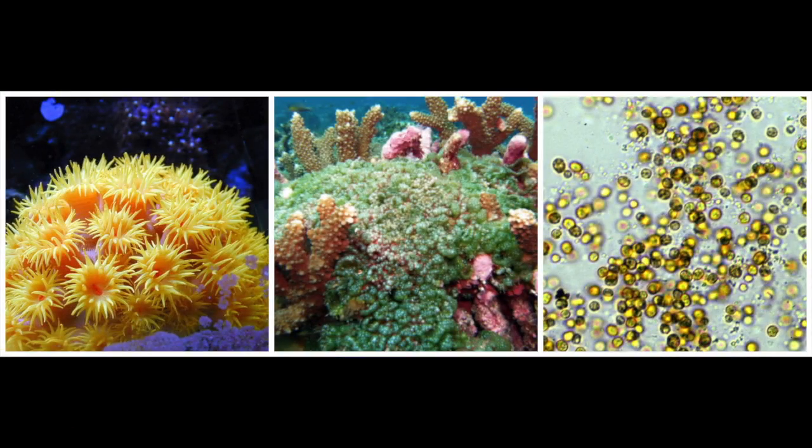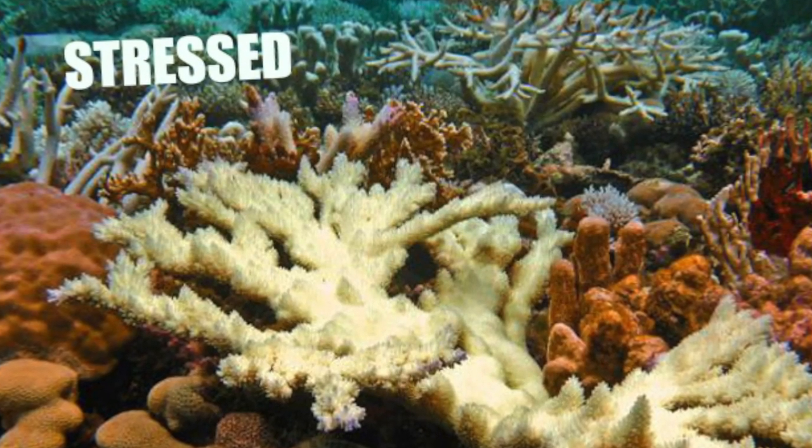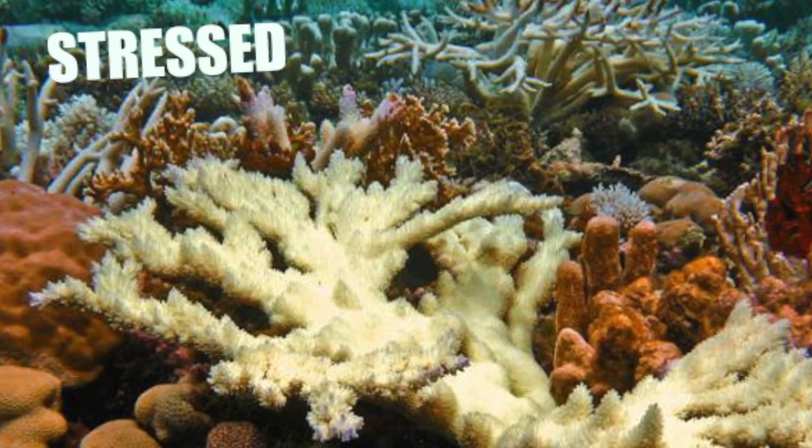The zooxanthellae, a small algae inside of the coral, is a really important part of the reef. The coral and the zooxanthellae have a really important relationship: photosynthesis. The small algae is providing the coral with 90% of its needed energy, and the coral is giving it a living room and food. Coral reefs are really sensitive to temperature change caused by climate change.